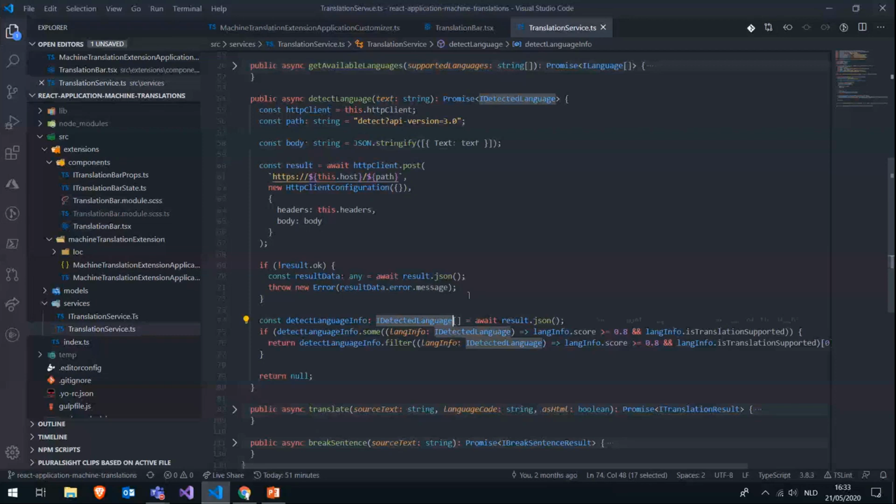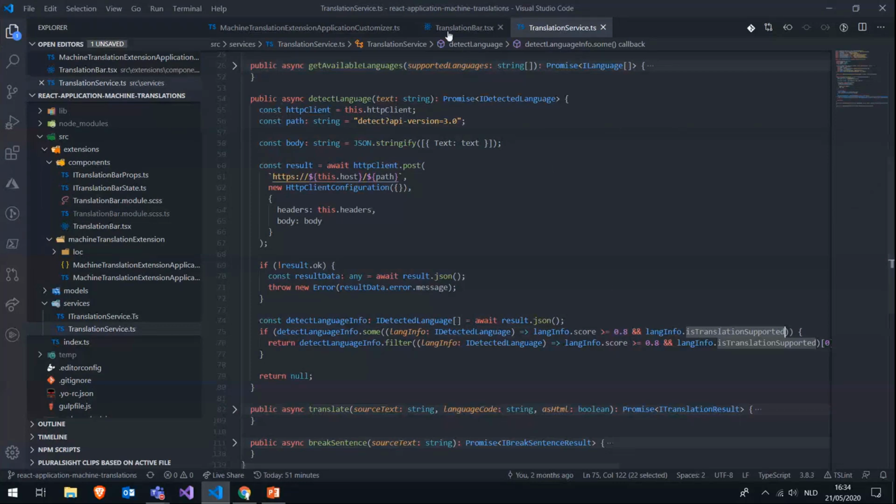The API will probably detect multiple languages, but it will always give a score on how confident it is about the language that it's detected, and a flag saying if it's supported by the API. So if we detect the language with a score higher than 0.8, and that's translatable, then we use this language